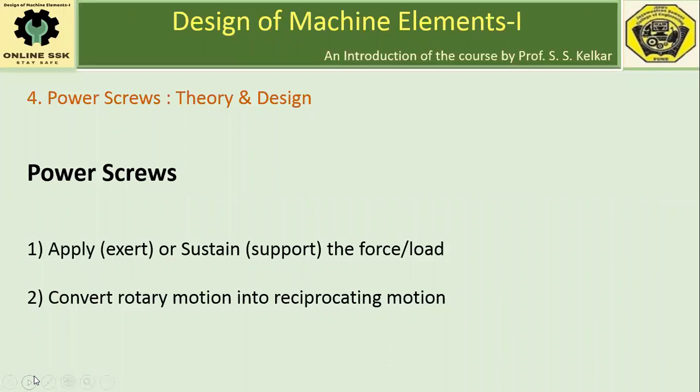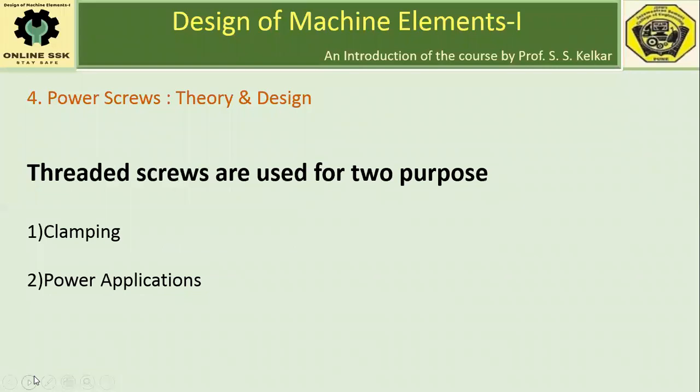Basically, screw applications are of two types. One is clamping: principally, screws are used to hold two workpieces together, to clamp the two workpieces. Screw types are used for that purpose. And the second application,